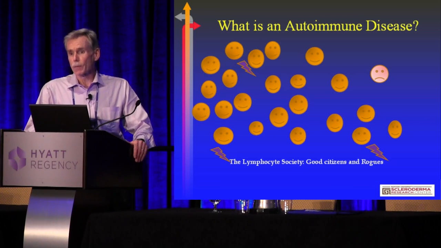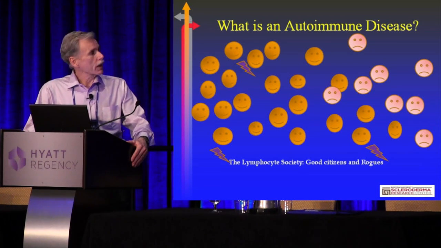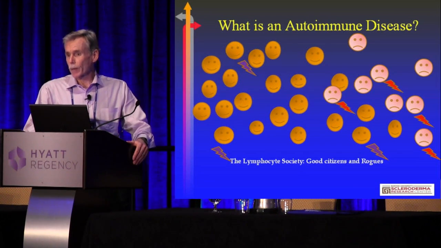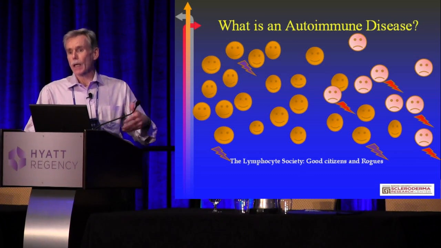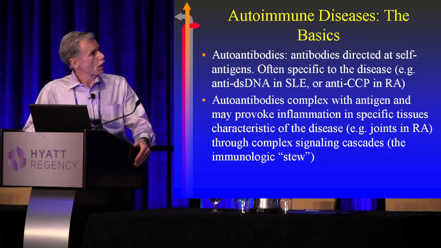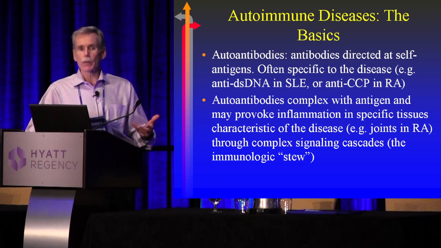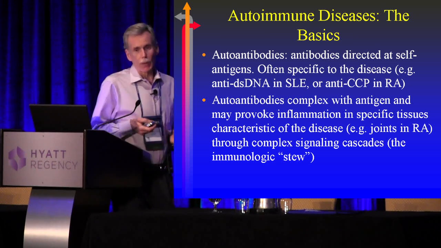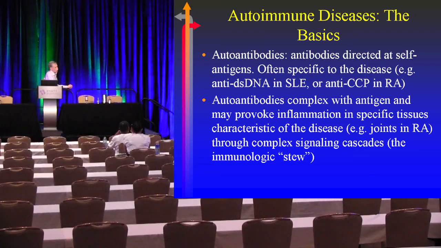but something happens to the T regulatory cells and the rogues begin to proliferate and they make large quantities of autoantibodies, antibodies directed against self, that then set off a cascade of immunologic events that lead to the autoimmune disease in question. So autoantibodies then are antibodies directed at self-antigens that are normally kept in check by a regulatory mechanism that breaks down for reasons that remain unclear but lead to uncontrolled proliferation of rogue lymphocytes and overproduction of autoantibodies